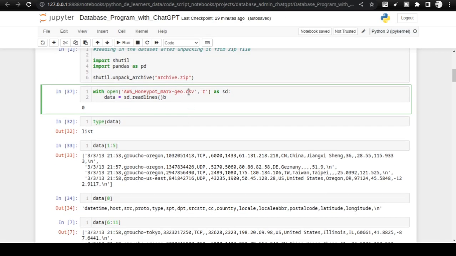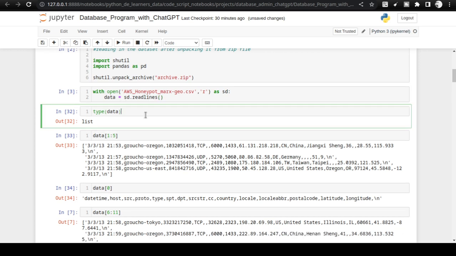Now next I am going to read this entire 50 MB file into the Python execution environment. Once I read it, it will create a list environment. I am speeding up all these things because this is not an introduction to a Python course or Python video. I am introducing the data modeling and the database related